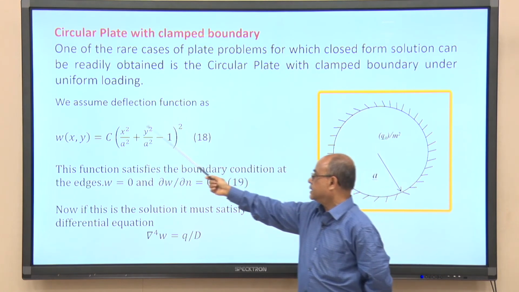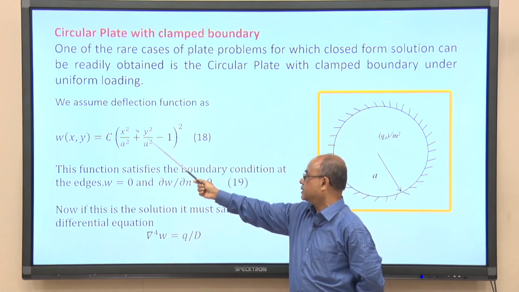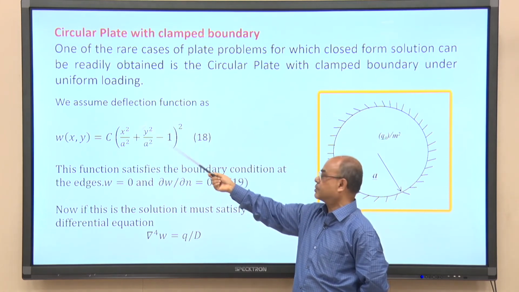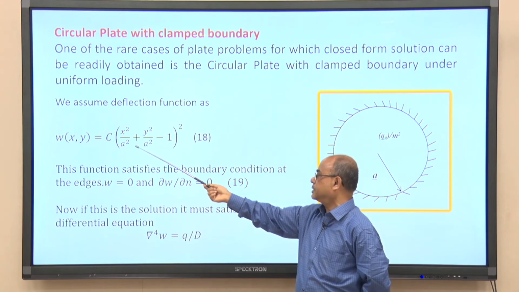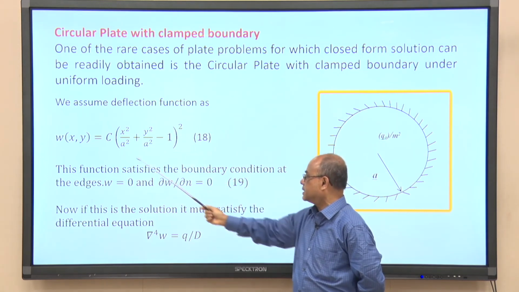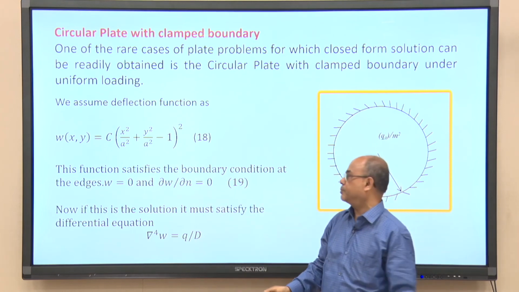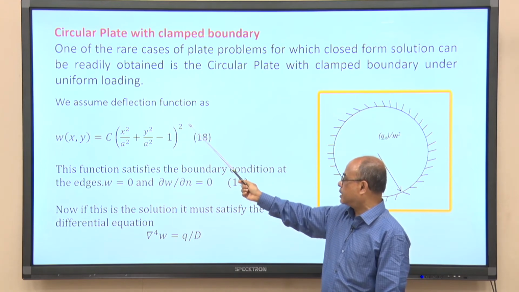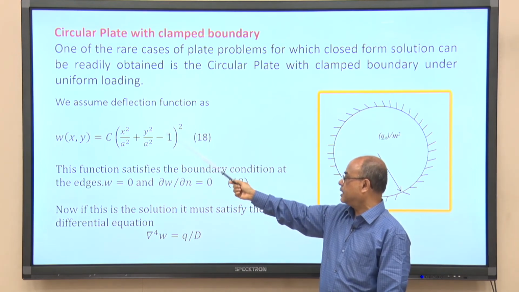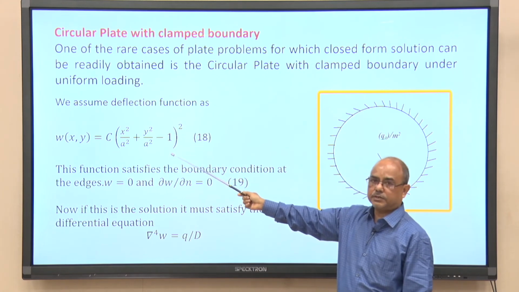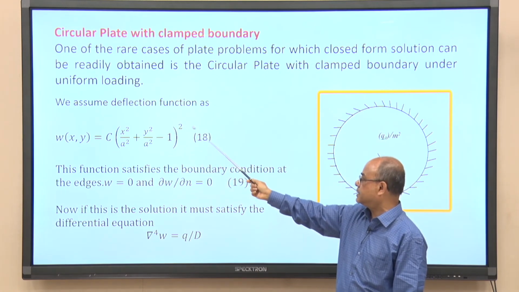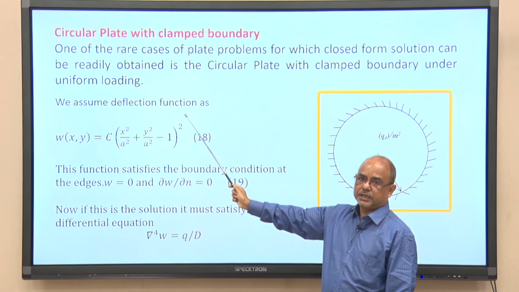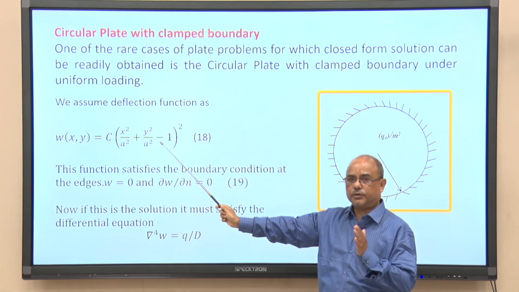Again, if you take the derivative of that quantity with respect to x or with respect to y, this expression within the bracket will come first, and then you will take the derivative with respect to x or y, whatever may be. So, again it will be 0, because this term is again appearing in the expression of slope. Therefore, the second condition is also satisfied. So, you have to take a quadratic term with this expression, x square by s square plus y square by s square minus 1, whole square. This expression shows that boundary conditions are satisfied at once without any difficulty for clamped edges, nobody can deny.